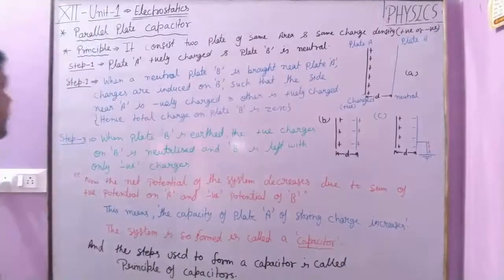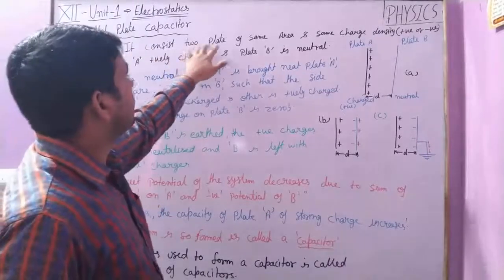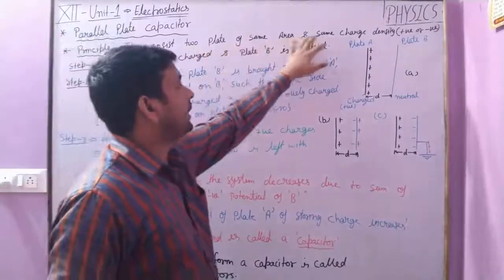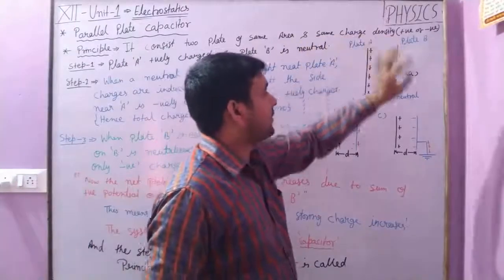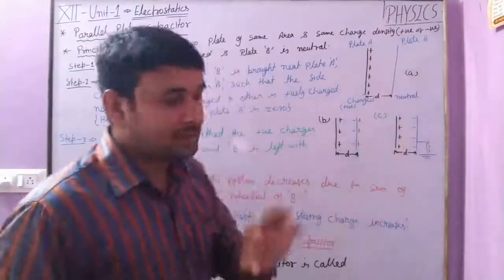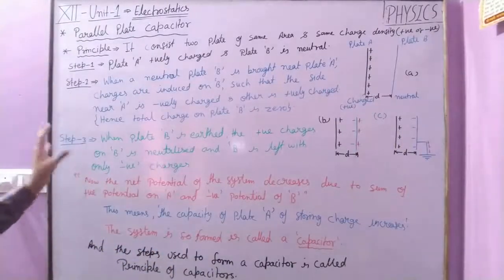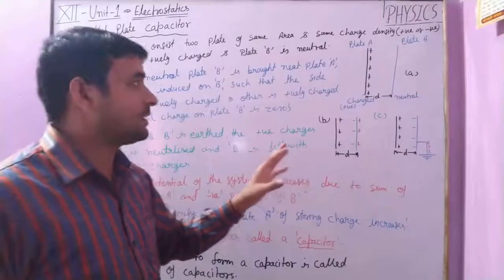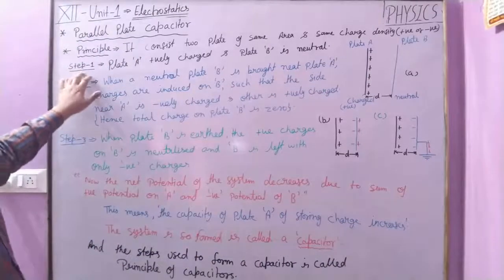So students, in parallel plate capacitor, the principle is it consists of two plates of same area and same charge density separated by a small distance. Now we understood about the principle, how to form the parallel plate capacitor. So we have three steps here. Step 1,